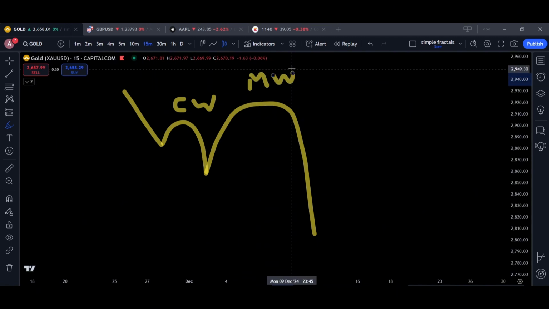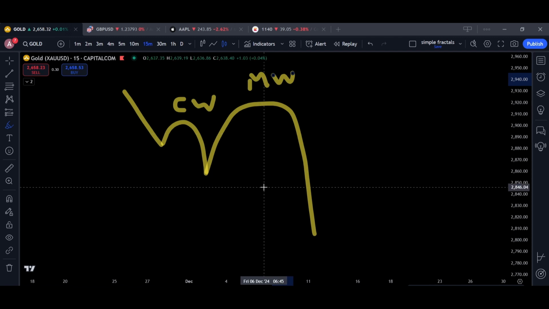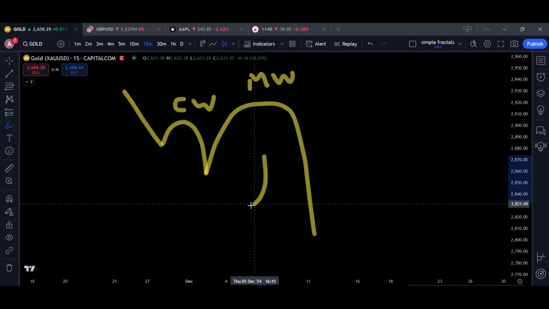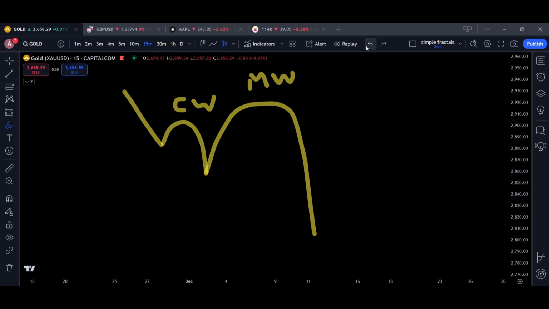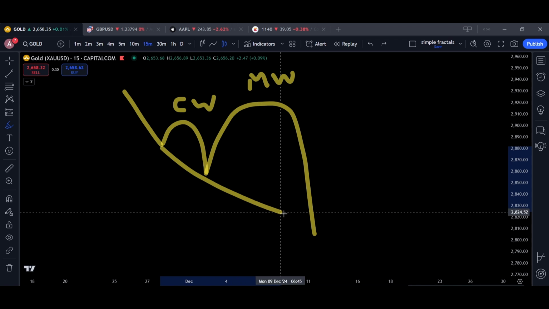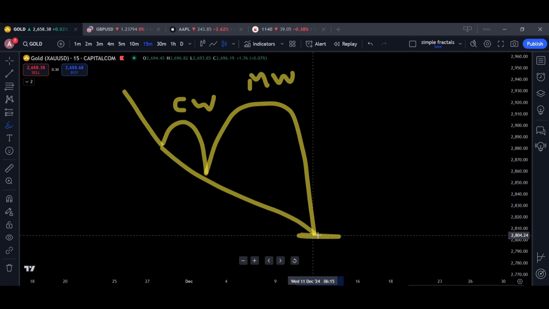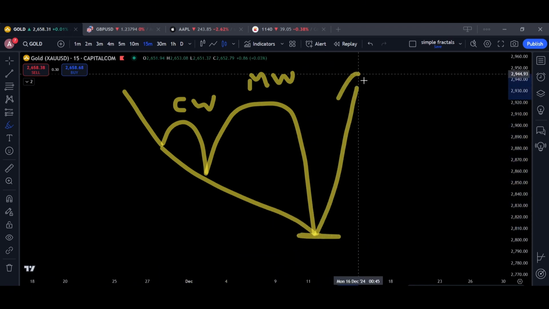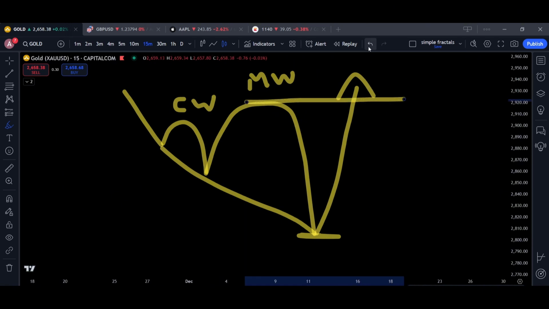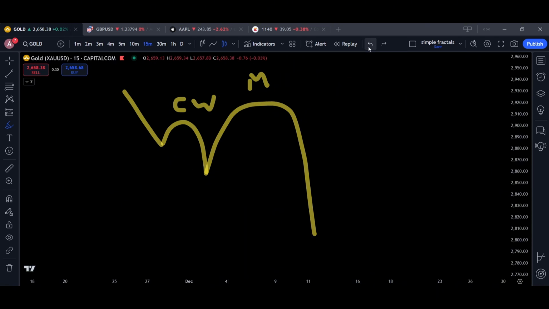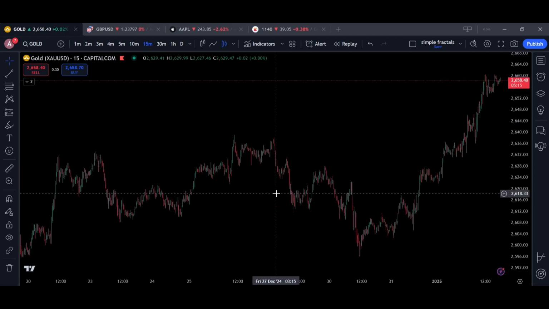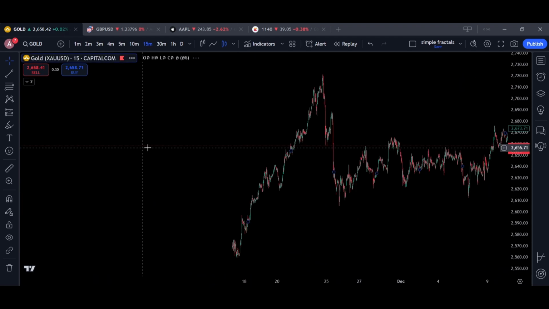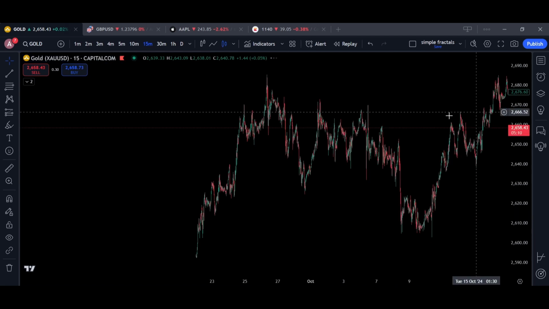But right here, we need to have a self-similarity. This means that we need to have the same details between the mother wave and the child wave, okay? So in this way, when we have the touch of the trend line right here the third time, we'll take a long position to break the high of the mother wave, okay? So we'll see how our new systems will help us to locate these fractals and how we'll trade them on the charts, okay? So, for example, right here on the gold chart,